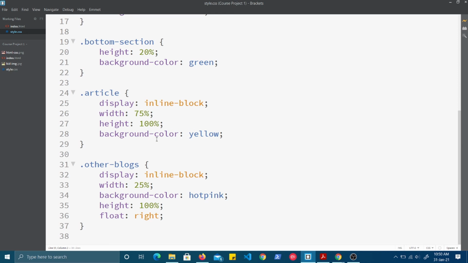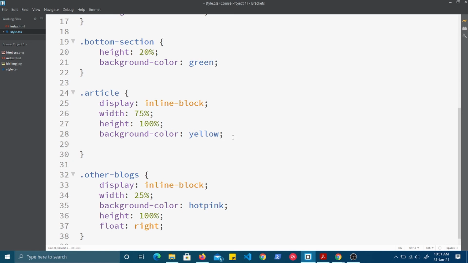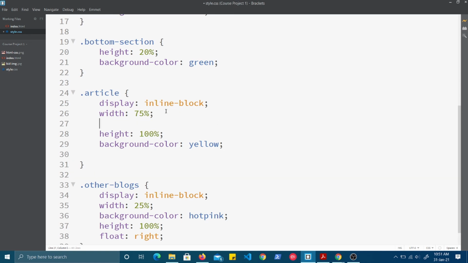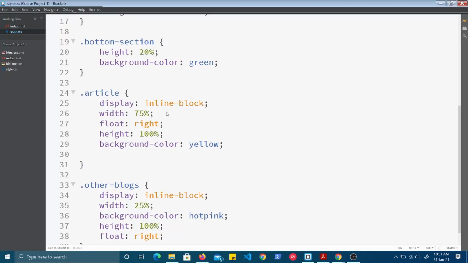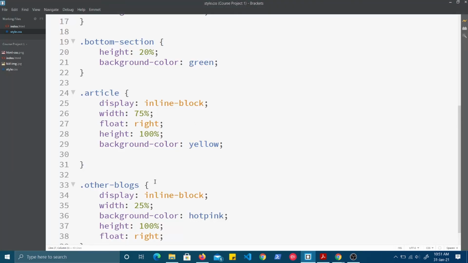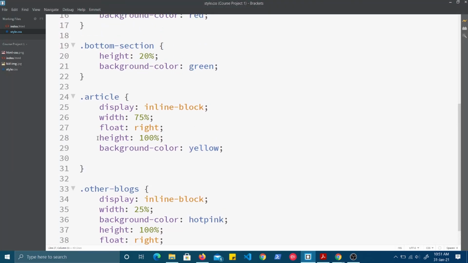So how do we do that? The article is inline block, it should be floated to the right, and that should be floated to the left. Still it is not appearing, the reason being it is related with the height.